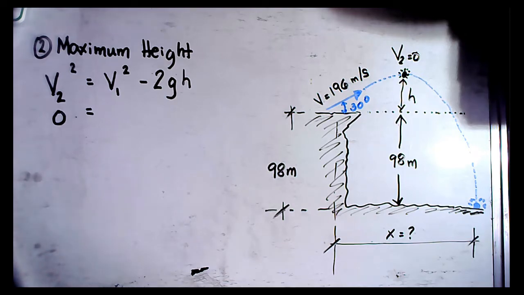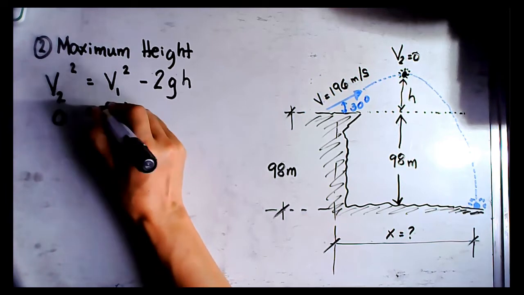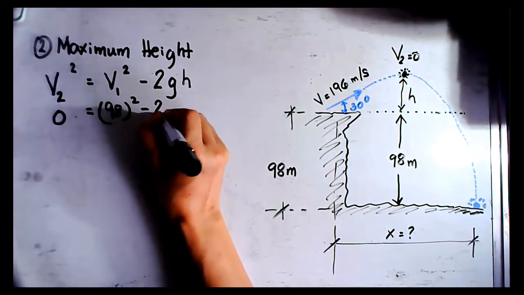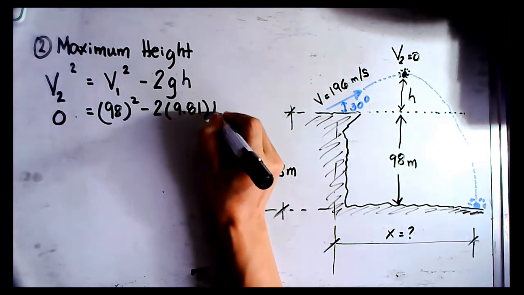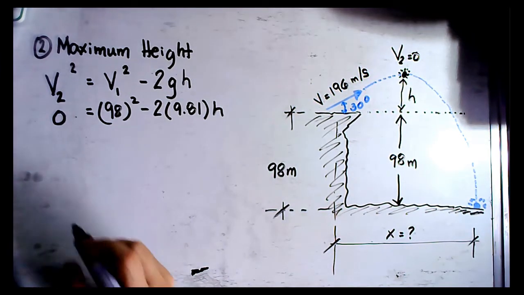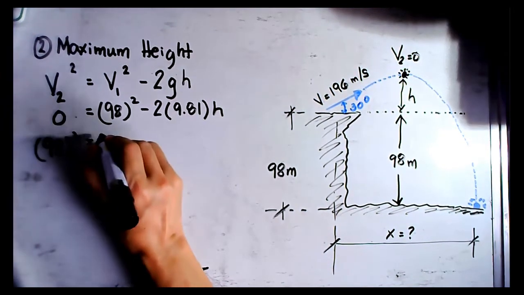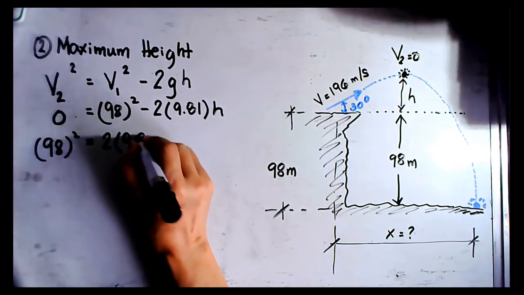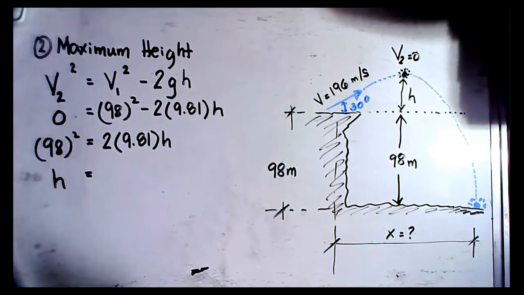So we computed the value for V sub 1, which is 98. That was taken from 196 sine of 90 degrees. So we are going to use 98 squared minus 2 times the acceleration due to gravity, which is 9.81. Then we have the unknown, which is the value for h, the height of the projectile. So we have 98 squared is equal to 2 times 9.81 times h, and h therefore is equal to